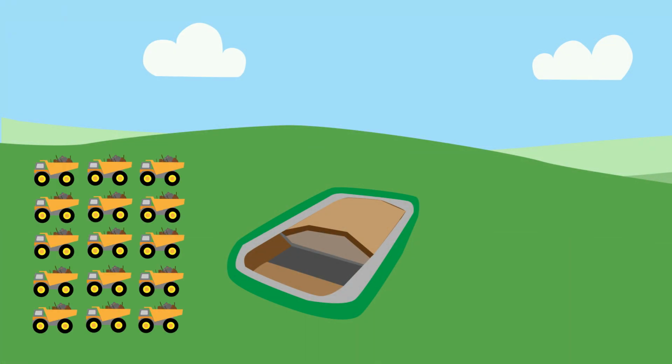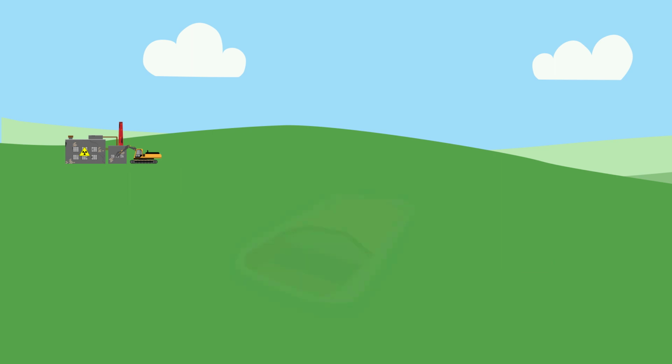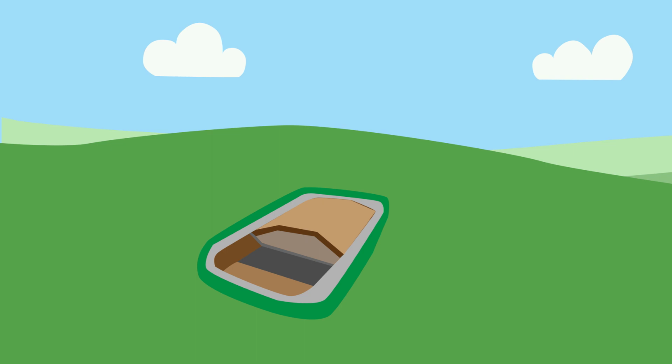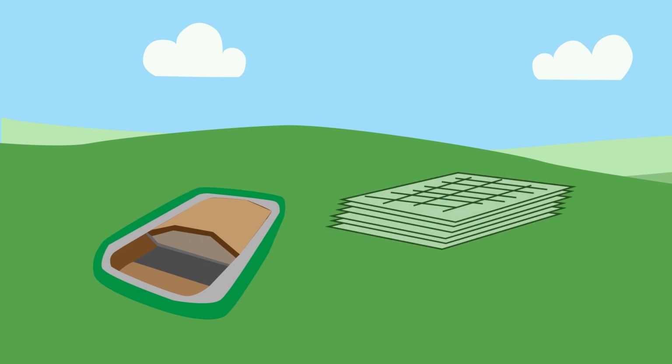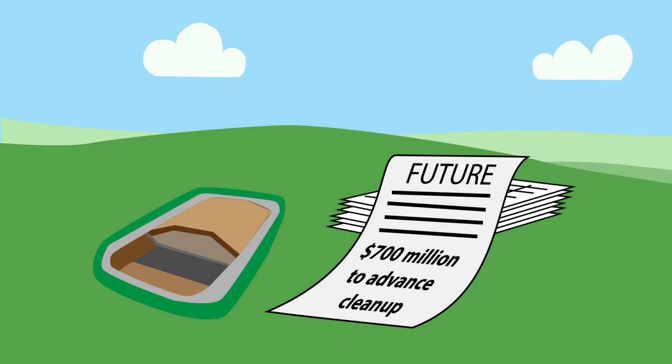DOE uses an on-site disposal facility in Oak Ridge for the large volume of very low-level radioactive waste. This approach allows DOE to dedicate more taxpayer dollars towards eliminating the site's greatest remaining risks, instead of using a large percentage of its budget to ship the debris. To date, DOE has directed an additional $500 million towards accelerating environmental cleanup in Oak Ridge by having an on-site disposal facility. In the years ahead, the agency anticipates on-site disposal will provide another $700 million to focus on advancing